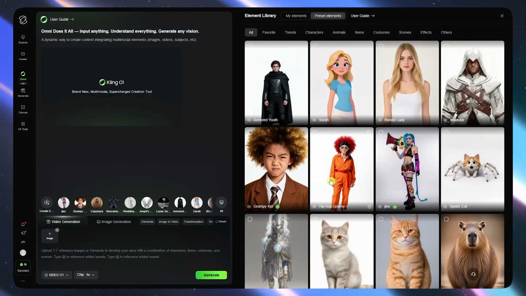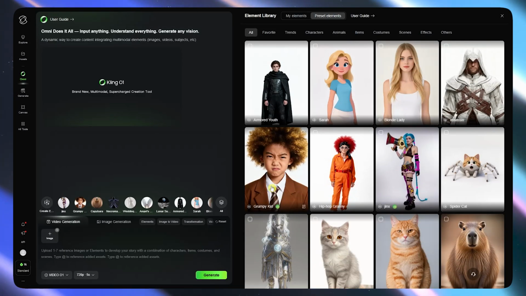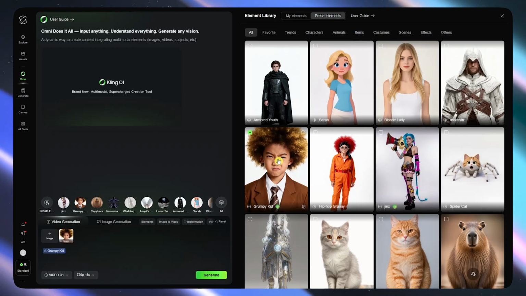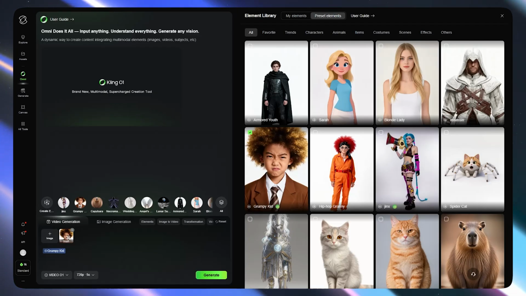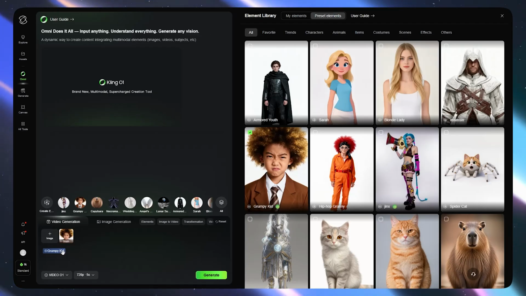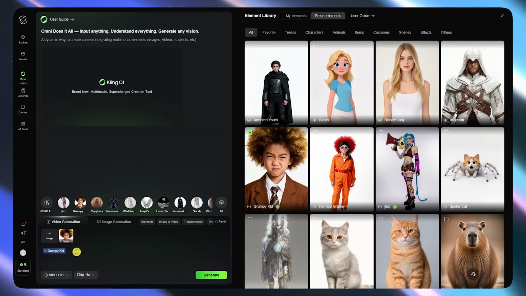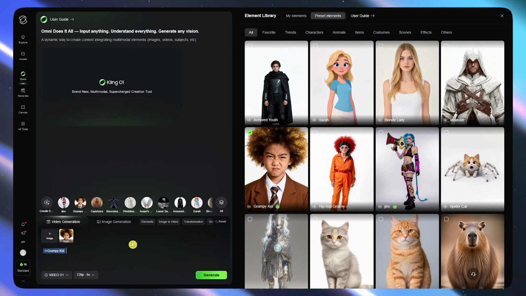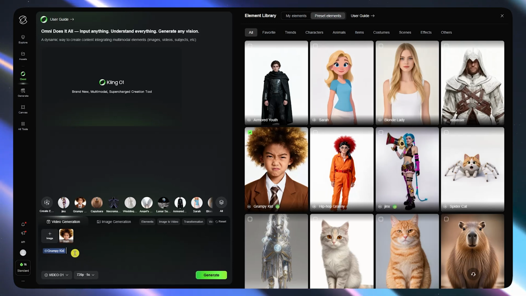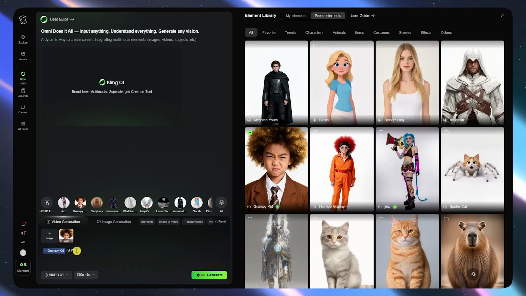So let's say that I'm gonna go for the Grumpy Kid right here. So I have now selected that, and then you can see it right here. So it is now selected, and then it is also mentioned here in the prompt. So I'm gonna build out my prompt as I am adding my characters and elements. So I'm gonna go Grumpy Kid is wearing